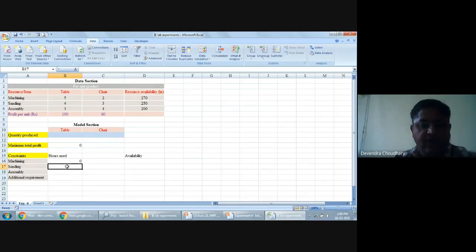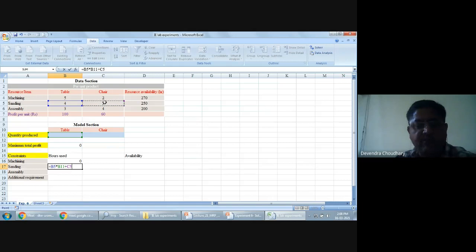Similarly, we can define the left hand side of the sanding constraint. A table requires 4 hours on sanding multiplied by the number of tables, plus the time taken by a chair on sanding is 3, so this number multiplied by the number of chairs.